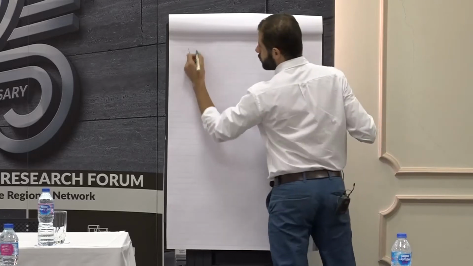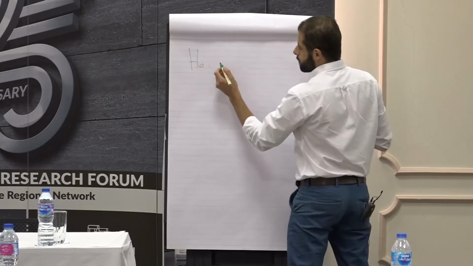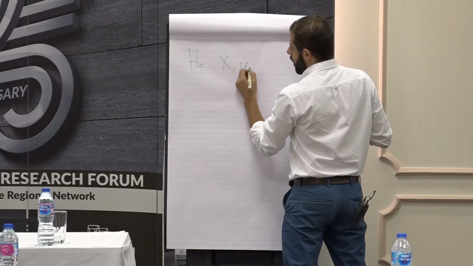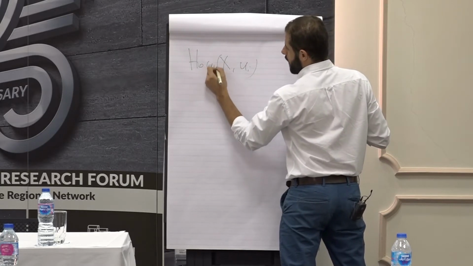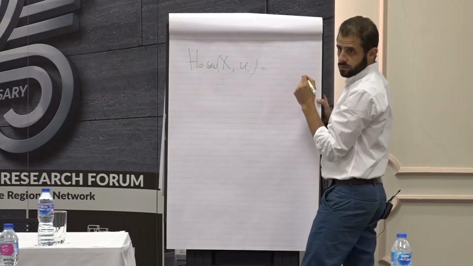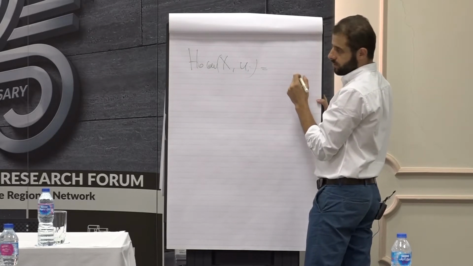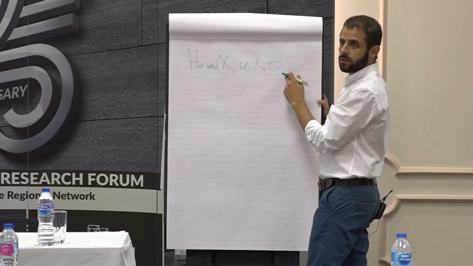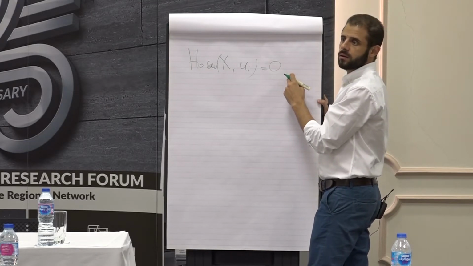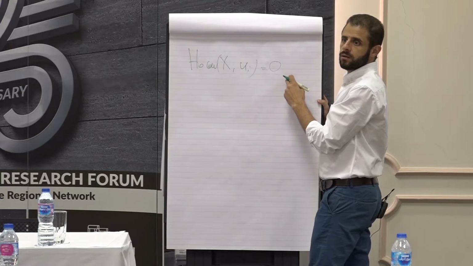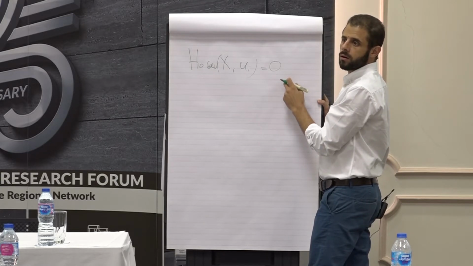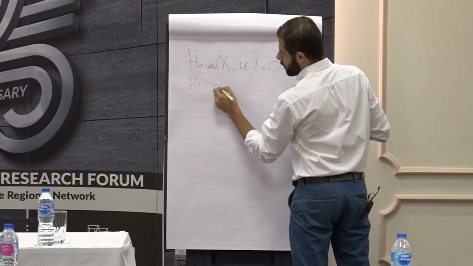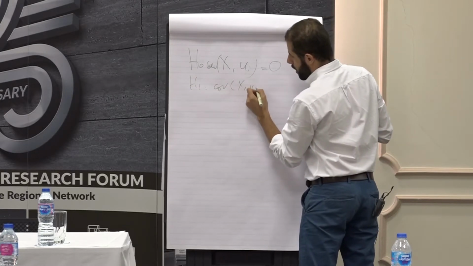my H0 is that my explanatory variables and u_i, their covariance is equal to what? To 0, right? You agree? All of you agree? Yes or no? Then the H1, that the covariance between X and u_i